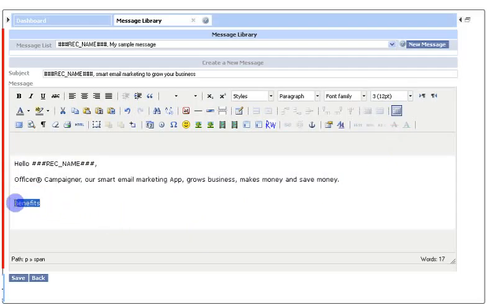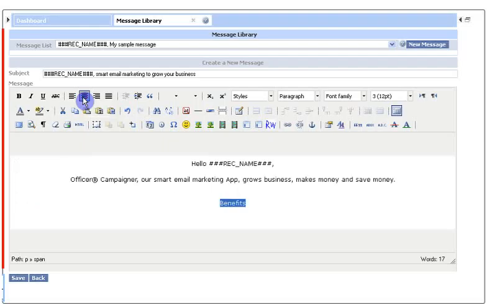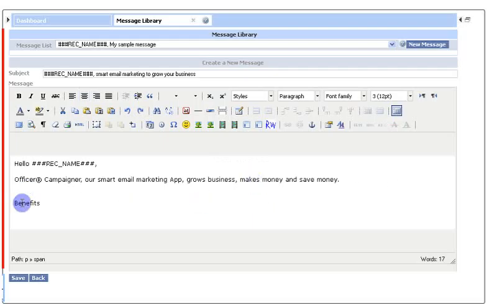And to centralize, select the benefits line and click on Align Center. That's the center justification. Since the whole thing is moved, which we don't want, let's do Control Z for undo. And let us insert another line here as well as another line here, just to make sure we are only selecting the benefits line, and then